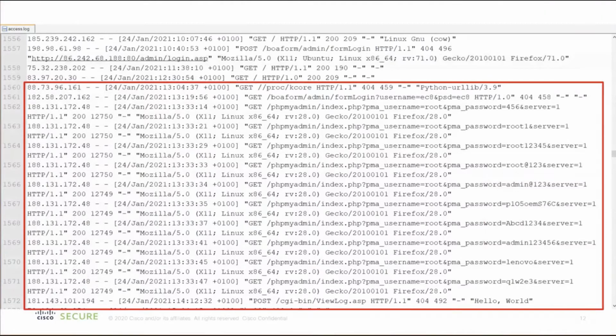For example, in this example on the screen, we see that this guy tried to hack my MySQL database. So definitely I know that this is a bad guy, and this Apache log is very easy to parse because it has a CSV format.